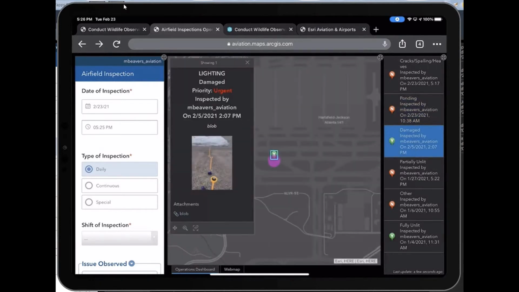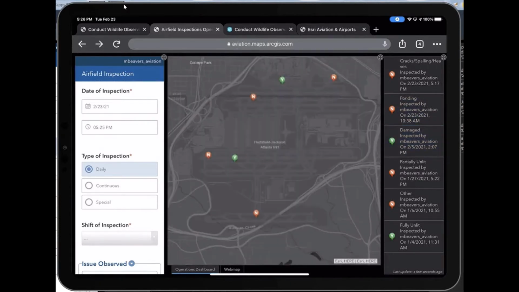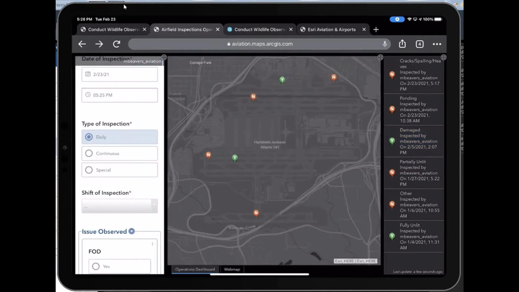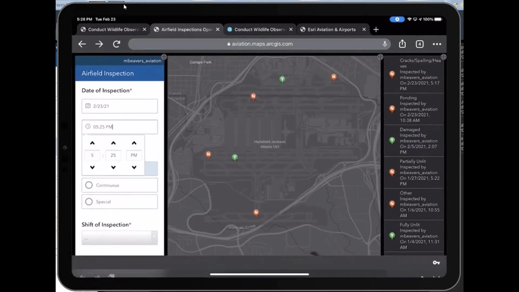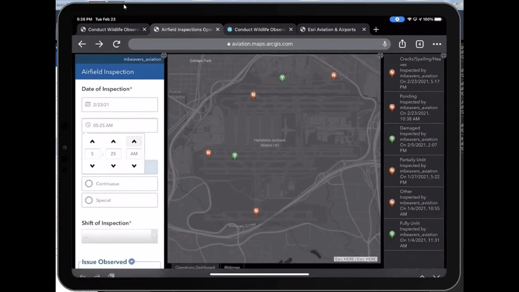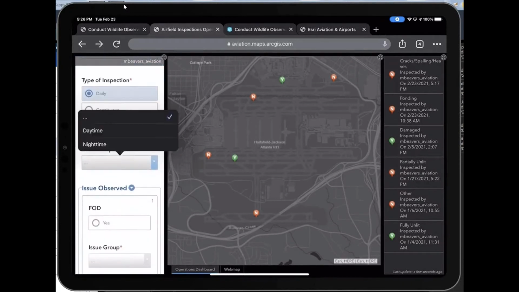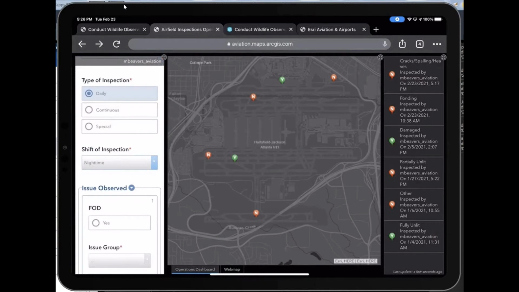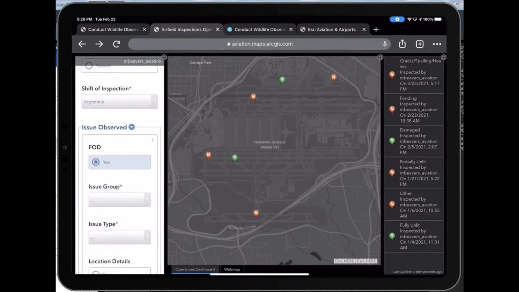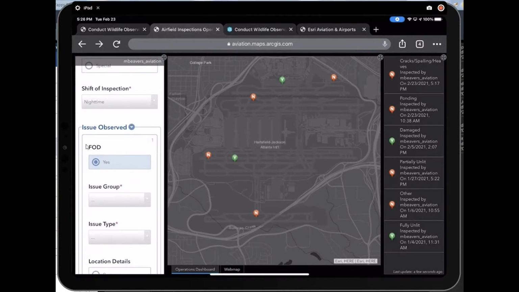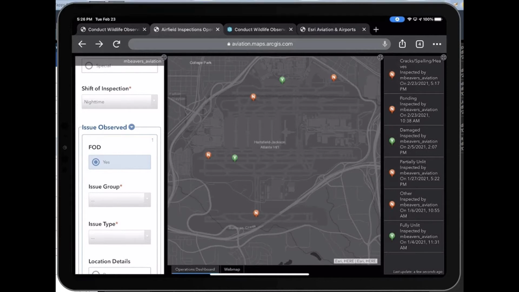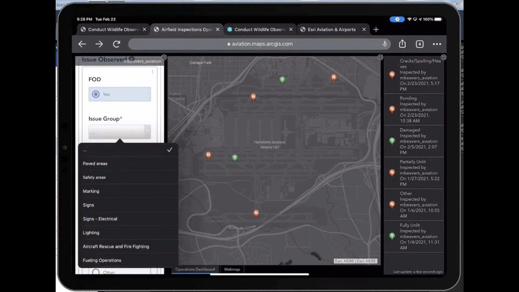So this tool meets that need. It prevents the inspector from duplicate reporting issues. On the left-hand side is a form that I've configured to comply with the FAA Part 139 inspections. I'll do a daytime inspection, and the shift will be at night. If I discovered FOD, then I could simply log that, pick the FOD up, and then go on with my